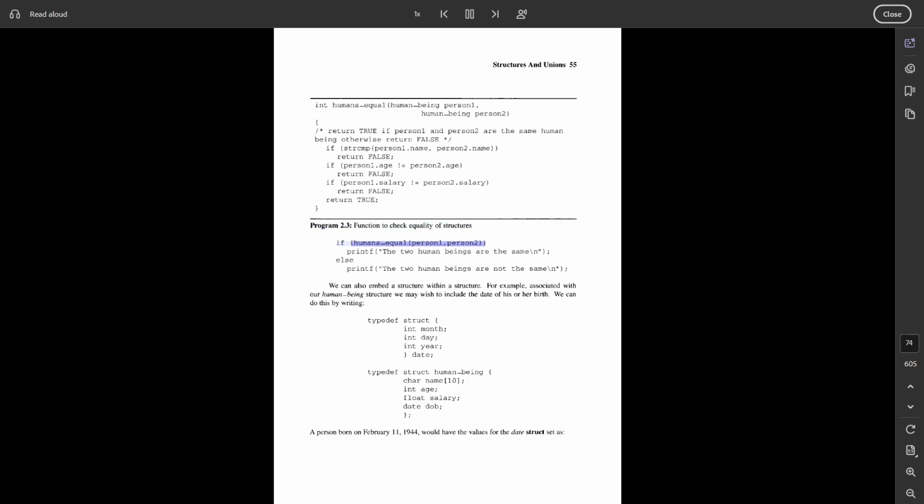If humans_equal(person1, person2), printf("The two human beings are the same\n"); else printf("The two human beings are not the same\n");